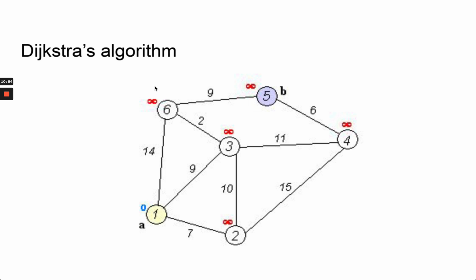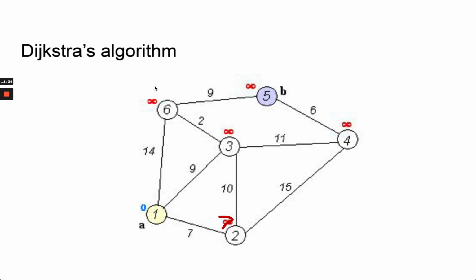So we start at node 1, and we want to get to node 5, or A to B. And there's 0 distance to node 1. Then the node with the next shortest distance from 1 is 2. So I now know that it takes 7 to get to 2. Now, from there, I can see that it takes 10, and then what we would do is then see, now